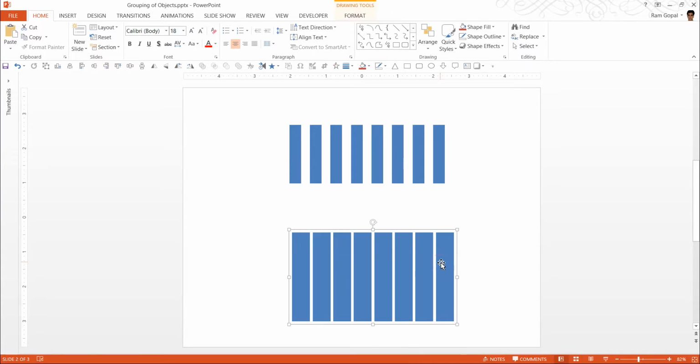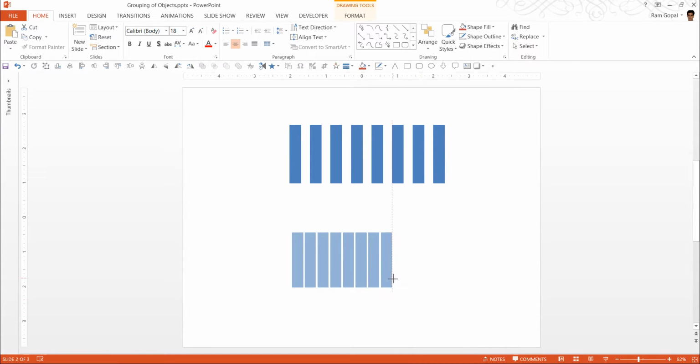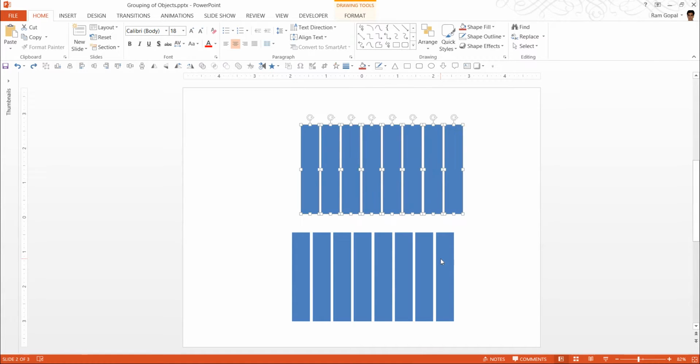Whereas since we have this grouped, if I resize this by holding the Shift button, you can see that the relative distance is maintained. Therefore, whenever you're working with a lot of individual items, it always helps to know which elements to group so you can resize and work with them with much better control. So that is the second important thing about grouping.